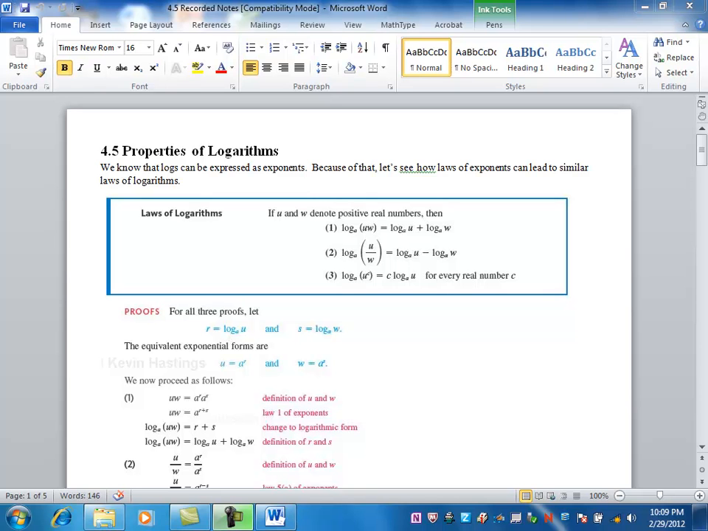Greetings and welcome to our discussion on the properties of logarithms. Now guys, I gotta be honest with you. This, in my opinion, is one of the coolest topics that we get to talk about in this section, because